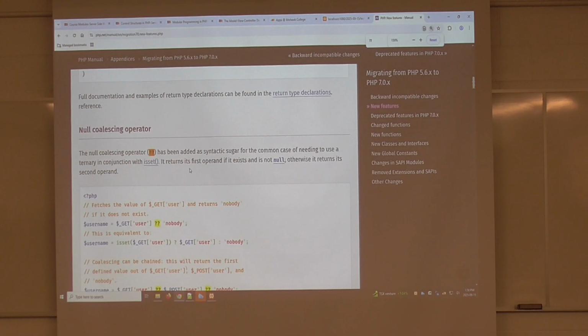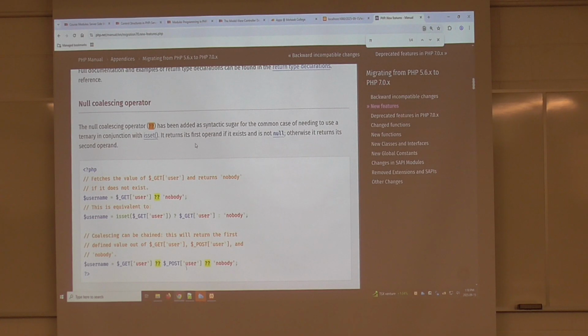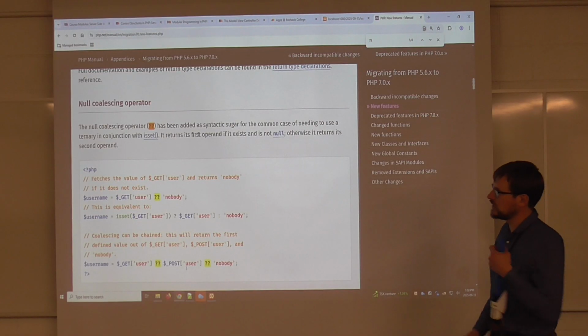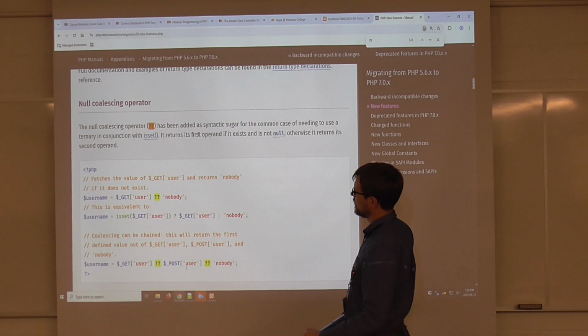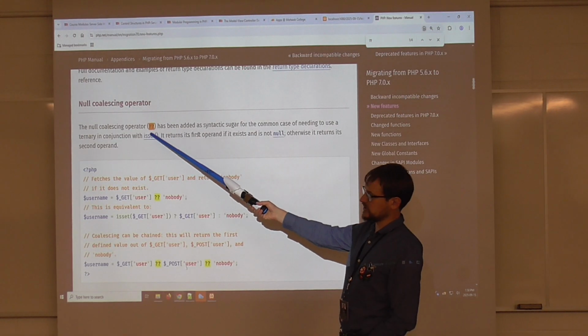So this is an operation which is called nullish or just null coalescing operator. Double question mark